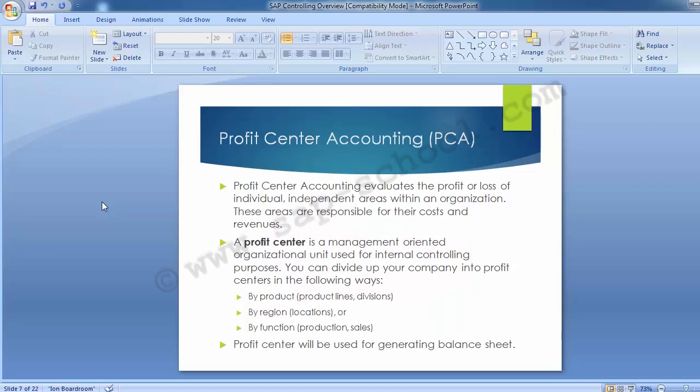Profit center accounting evaluates the profit or loss of individual independent areas within an organization. These areas are responsible for their cost and revenues. A profit center is a management oriented organizational unit used for internal controlling purposes. You can divide up your company into different profit centers in different ways, depending on the company scenario. Like